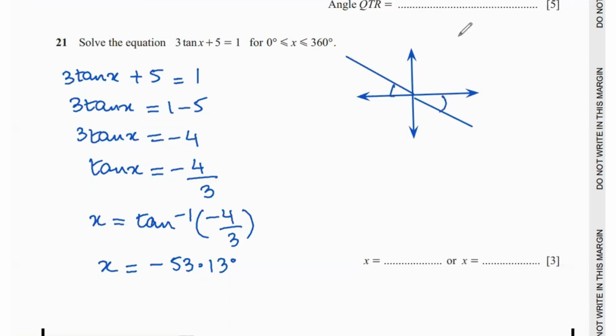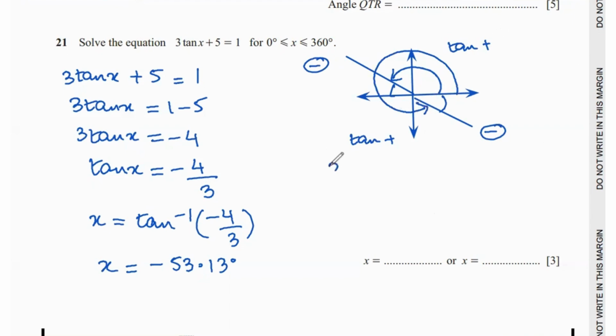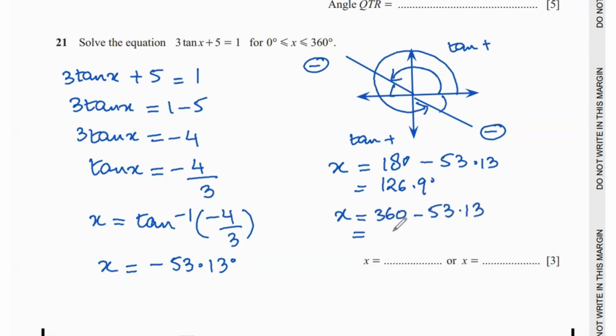Why? Because tan is only positive in the first quadrant or the third quadrant. In the second and the fourth, it's negative. So basically, we need to find the value of this angle and this angle. So the first value of x is going to be 180 minus 53.13, which is equal to 126.9 degrees. And the other would be 360 minus 53.13, which is equal to